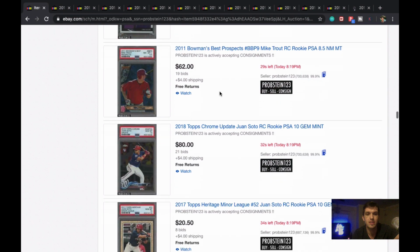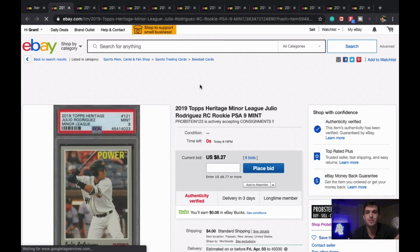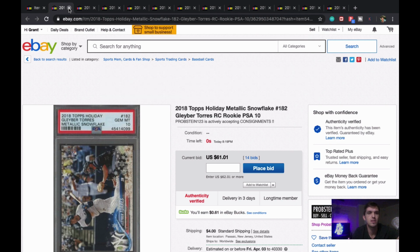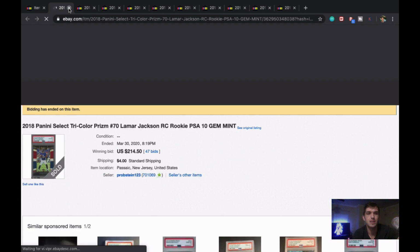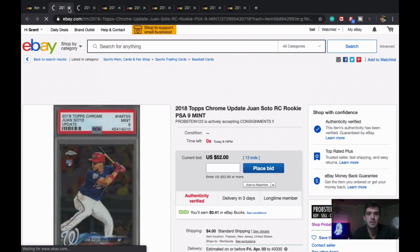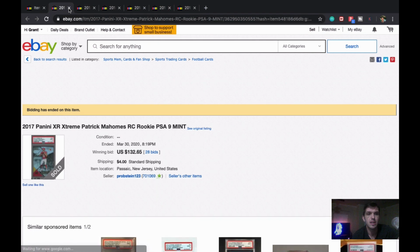It's kind of like Gary Vee in a way, which I guess is a good thing if it helps my sales. But all right, so that ended 827. This Gleyber, man, I'm really disappointed in this Gleyber. 61.01, that stinks. 113 on the Soto, 214 on that Lamar, nice. 85.99. This is probably not going to go that much higher. This is what they've been ending at. 85, 52 for the 9. I'm very happy with that. 85 on that 9,